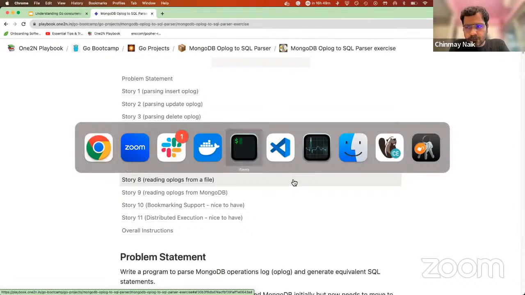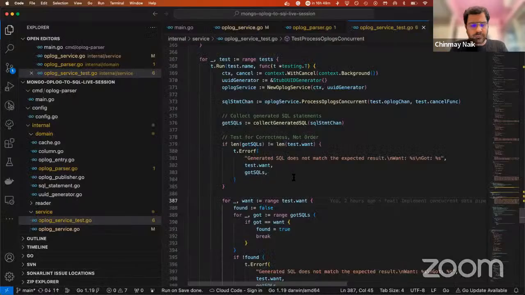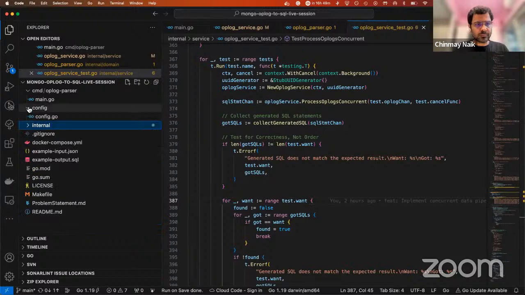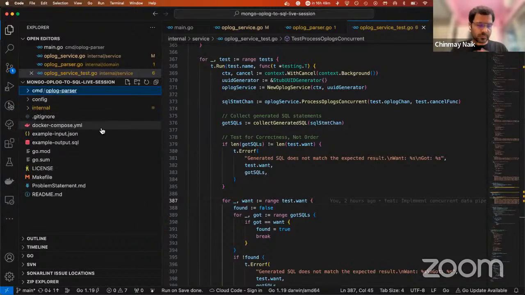So far we have written all the code into the main. So I just wanted to walk you through the existing implementation of how to structure the code, where it will be sequential. So whatever sequence diagram I have shown you, the code for that is, I have just moved